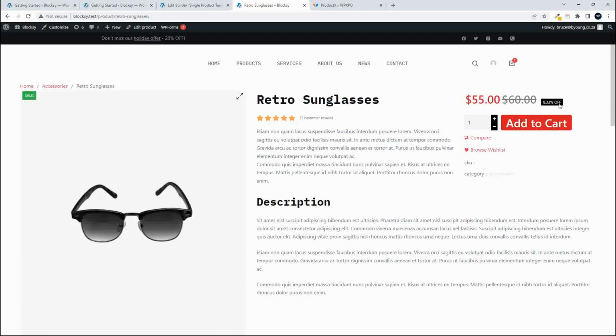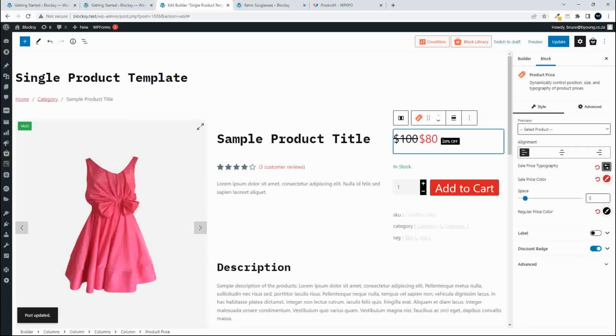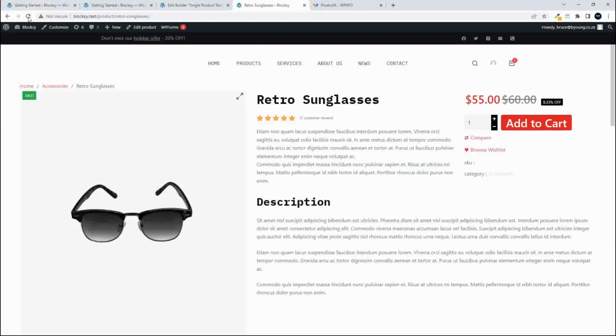Now it's looking very crowded with this percentage off amount. I think what I'm going to do is just remove that, and to do that I just remove the discount badge, update, and there we have a much cleaner, nicer look. So here we have the